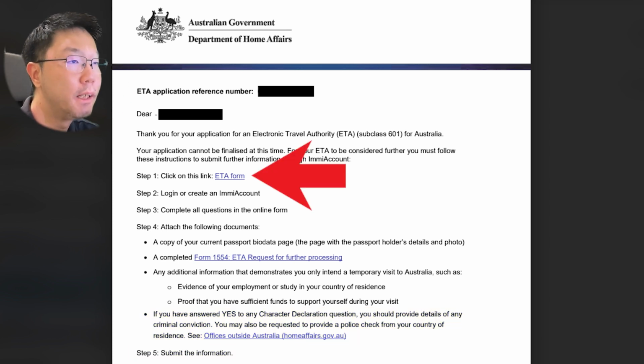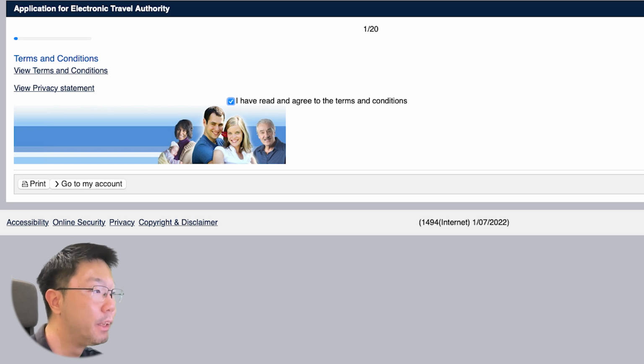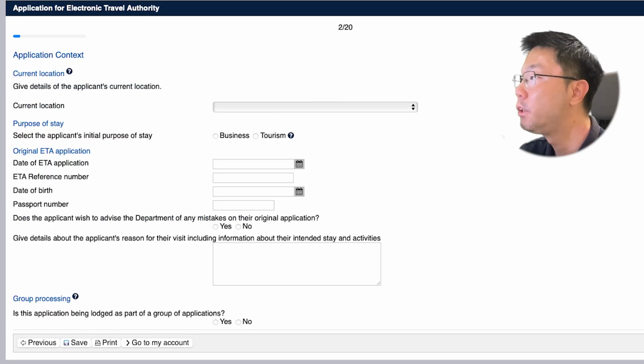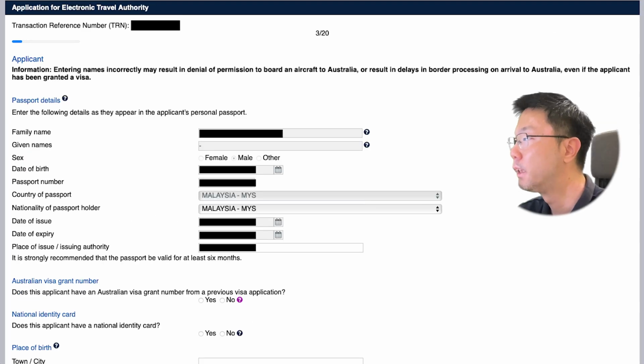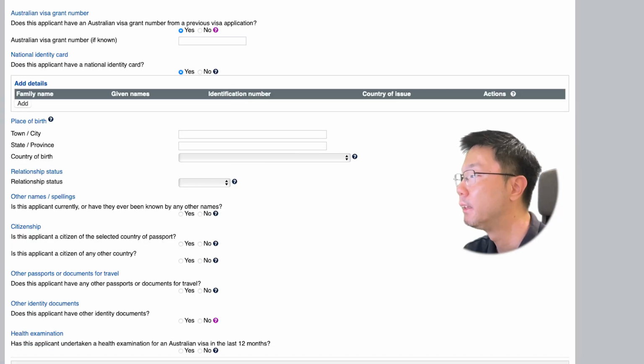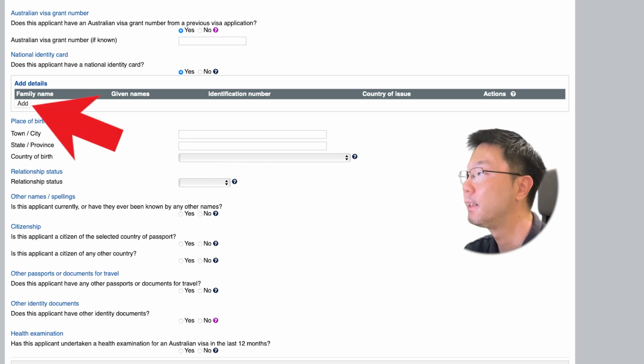After you create an email account and log in and read and agree to the terms and conditions, you need to fill in your current location, purpose of stay, original ETA application, and then group processing. And then go to the third part to fill in and double check your passport details, Australian visa grant number, national identity card, place of birth, relationship status, other names, citizenship, other passport or documents for travel, other identity document and health examination. And since we are from Malaysia, we have a national identity card, so we can click yes